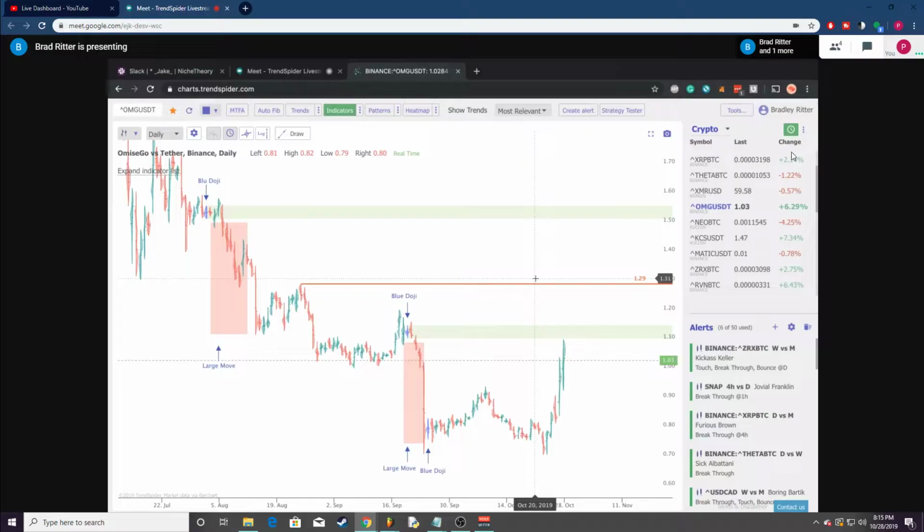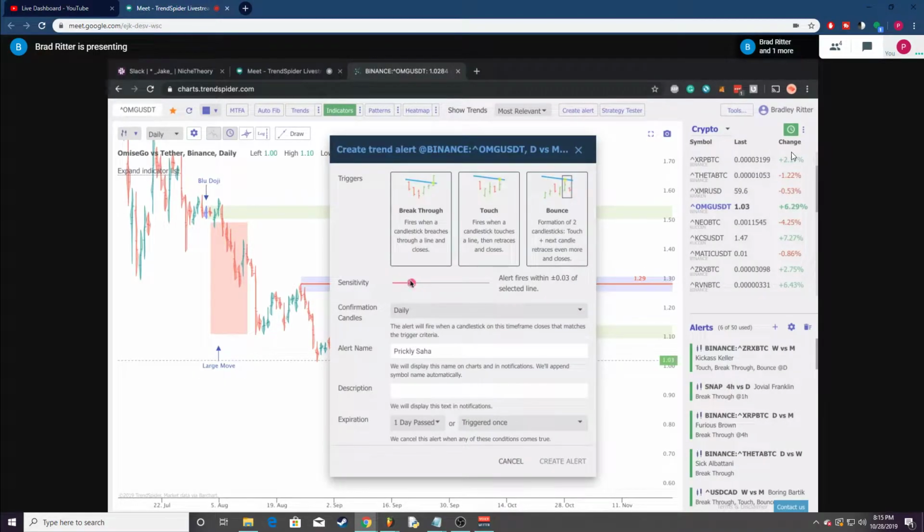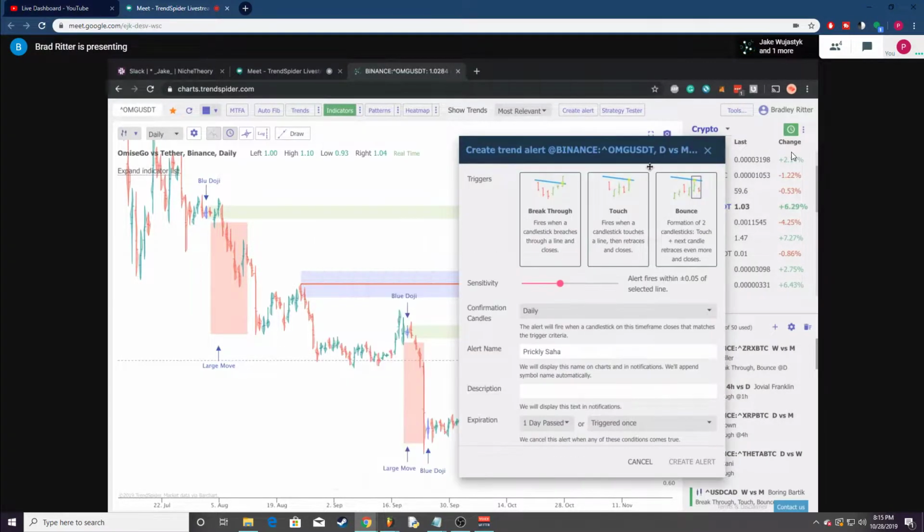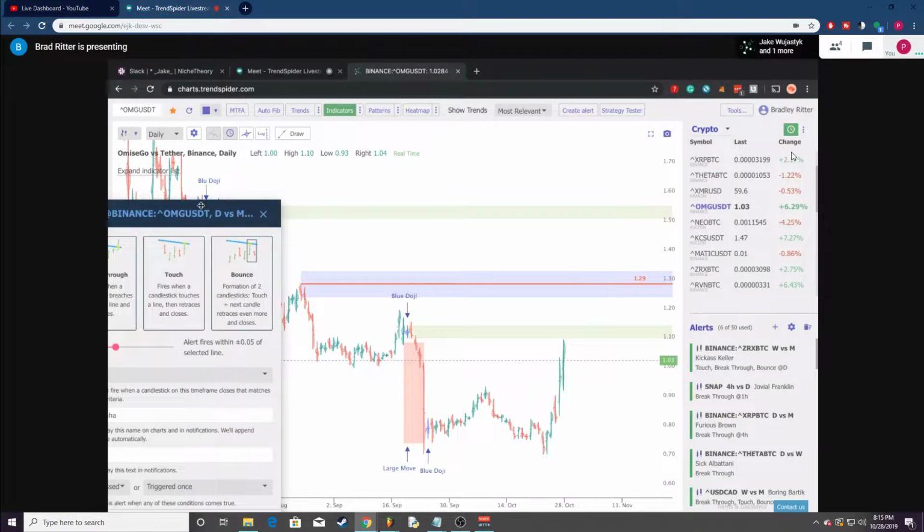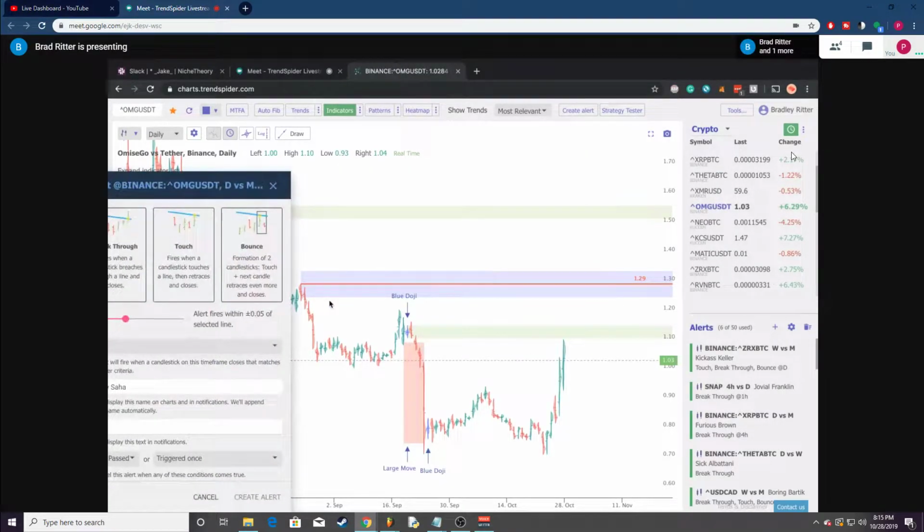I mean, there's other platforms where you can set alerts in multiple different ways. I think TrendSpider is the only one where you can have these sensitivity regions, which really allow me, like here, to highlight an entire zone of resistance rather than just one line. Let me try to move this over. So as you can see here, if price was going to come up and test this zone, where I might have my pocket of buys is very subjective. But if I'm capturing and getting alerted when any candle breaks within this zone, that's pretty useful,